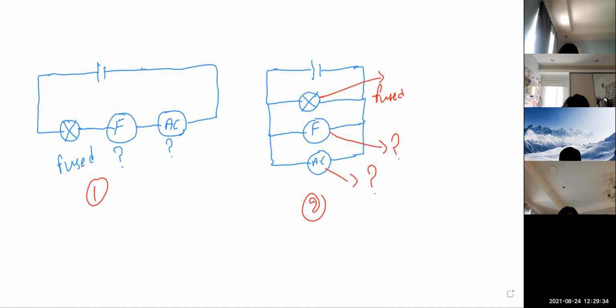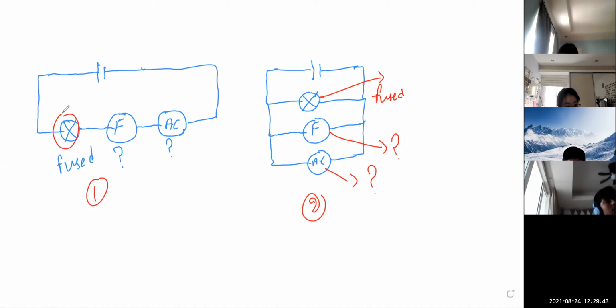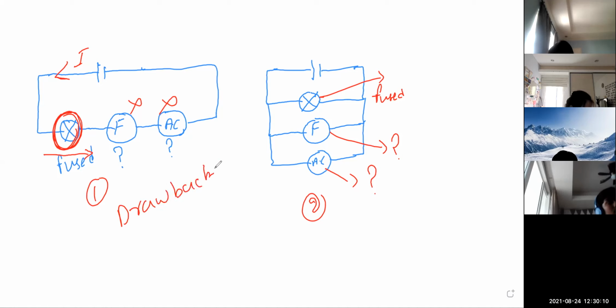Yes, thank you, children, for responding. Now here in diagram number 1, children, if one of the bulbs gets fused, any one of the components, then the current starts moving from the positive of the battery. And if the current finds in diagram number 1 that one of the devices is broken, it won't be able to cross the path, and it means that the fan and whatever other components are there immediately stop working. It means there is a drawback of this kind of circuit. And this combination in which the devices are connected is called the series combination that we want to discuss on this topic today.